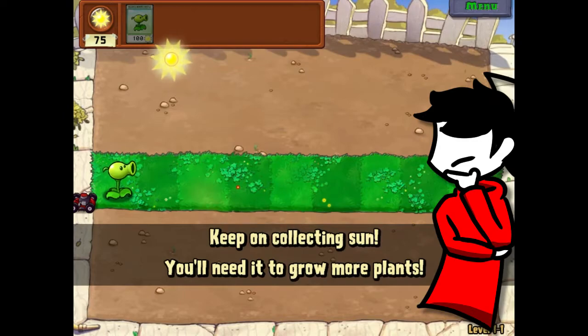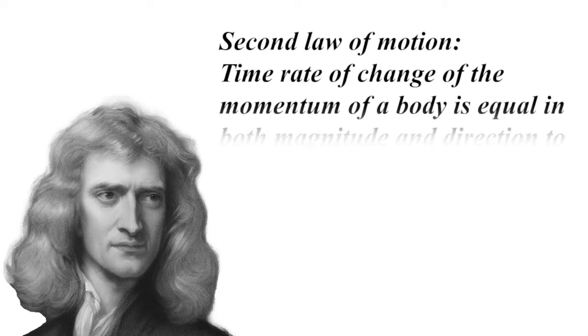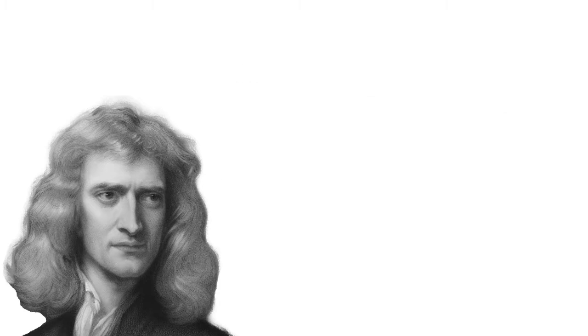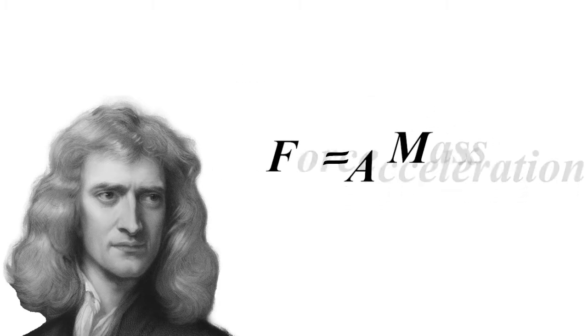When we need to find the force of a pea projectile, we can use Isaac Newton's second law of motion, which states that the time rate of change of the momentum of a body is equal to both the magnitude and direction of the force imposed on it. Or as is more well known, force equals mass times acceleration, or better yet, F equals AM, which stands for